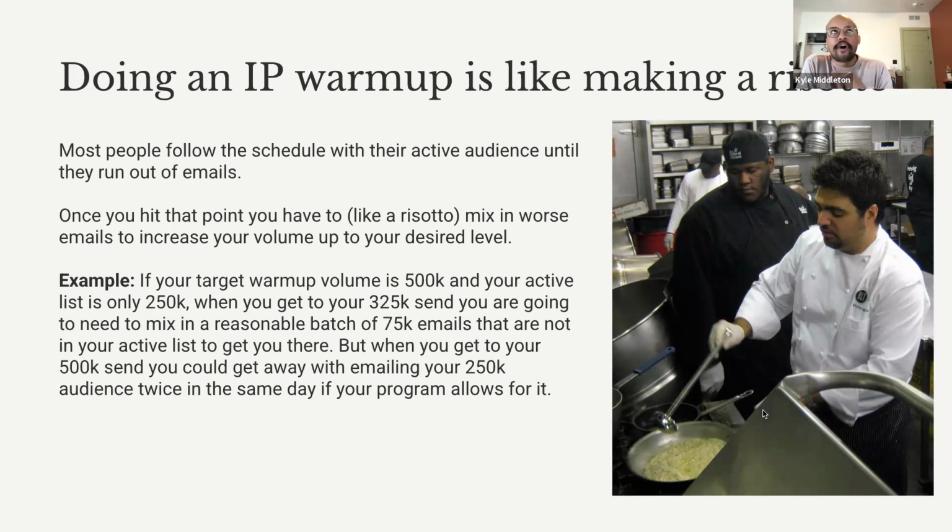Now, on the campaign and even in other times where I've done IP warm-ups like this and didn't have as deep of analytics support, it's still worthwhile when you're looking at that batch of 75,000 names to try to take the best 75,000 you can, right? You don't want to just blindly go in there and take any 75,000 you can find. You want to run a few reports and find your next best subsection beyond your active list and work some of those people in, because you still want to get as many positive signals on these emails as possible.